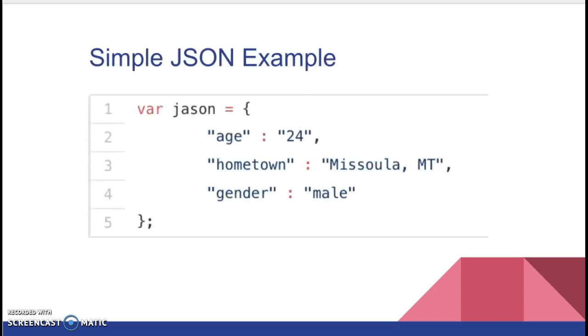So here's a very simple JSON example that I have. We have this object here called JSON, which I think is funny, JSON. And so JSON has a key and a value. So this age right here is the key, and it's always a string enclosed in quotation marks. And then on the other side is a value. And in this example, the value is a string, but it can be a string, a number, a Boolean expression,